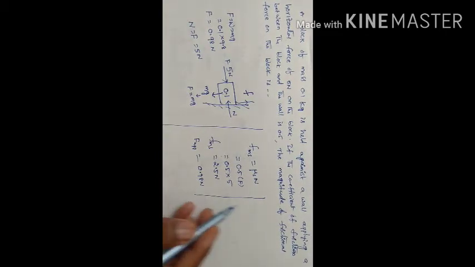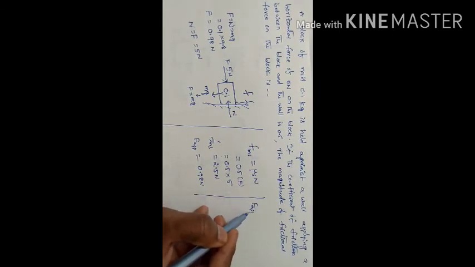2.5 newtons. Okay, right. So in this condition, what is the applied force here? The applied force is the weight of the body, that is 0.98 newtons. Now let us see, what is the maximum static friction between these two? 2.5 newtons. But what is the applied force here? 0.98. That means the applied force is less than F ms.